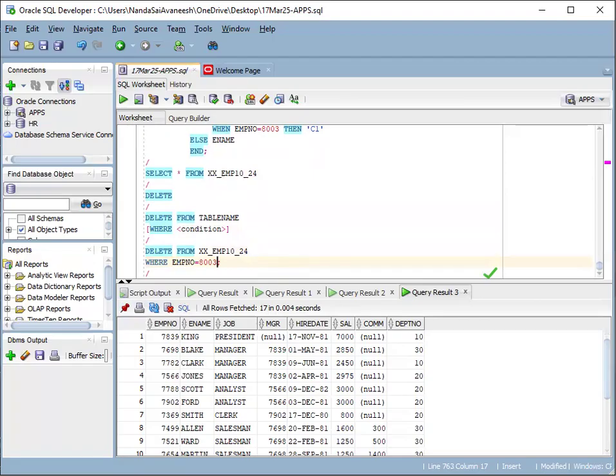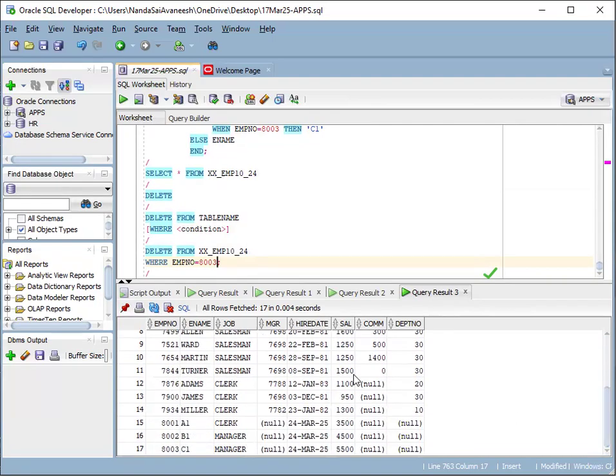Now how many records are there in this table? We have 17 records. All rows fetched 17 in 0.004 seconds, meaning the query executed in milliseconds. So out of 17 records, I am going to delete this